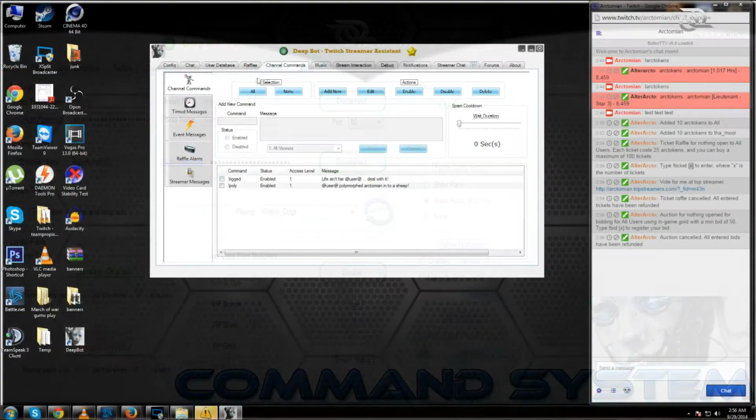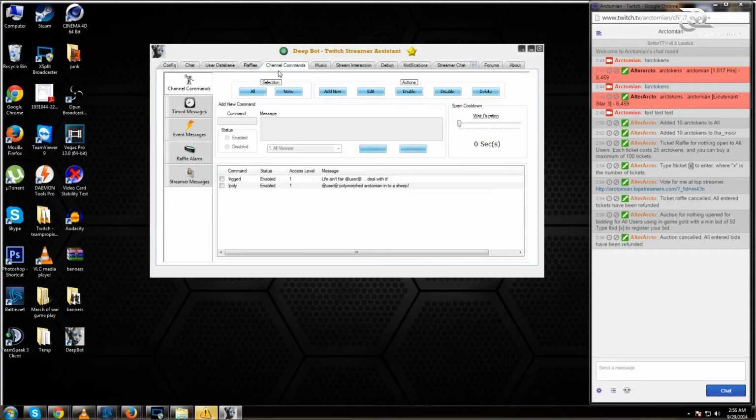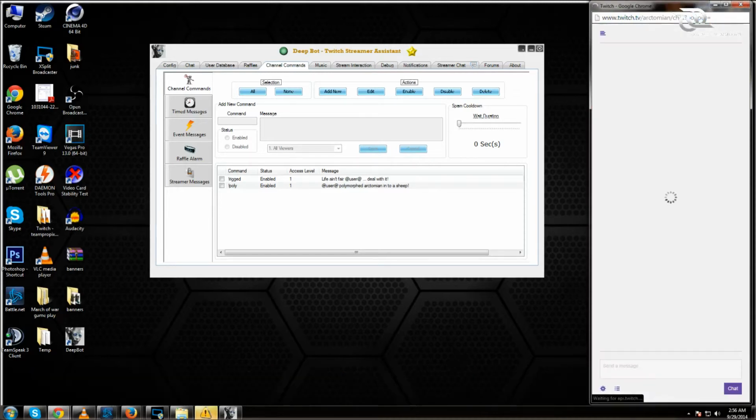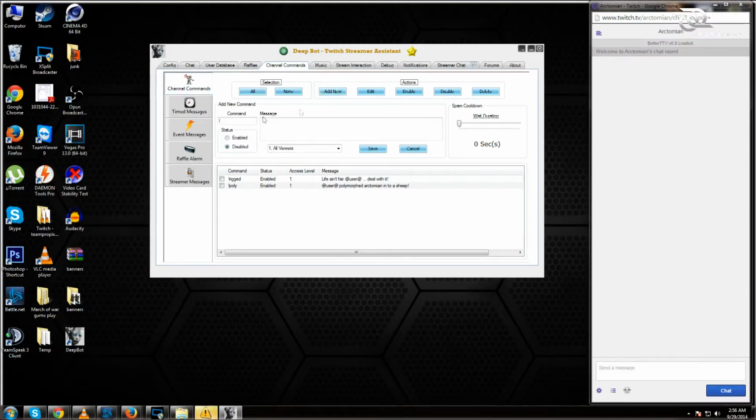Next up is channel commands. The channel commands are an option within the chat. Let's refresh this. As you can see, I can make custom commands. For example, if I add a new one, as you can see, the exclamation mark is automatically added to the command. For example,